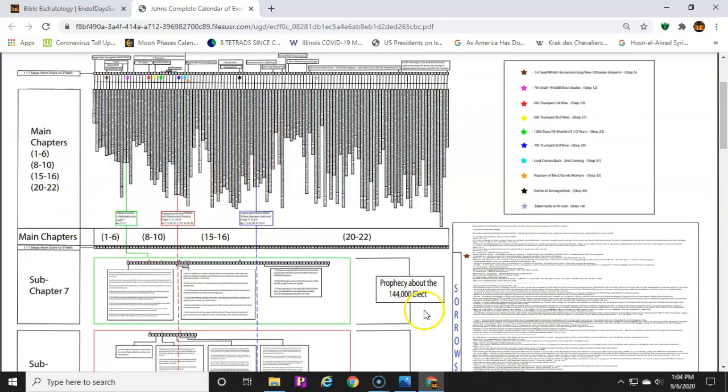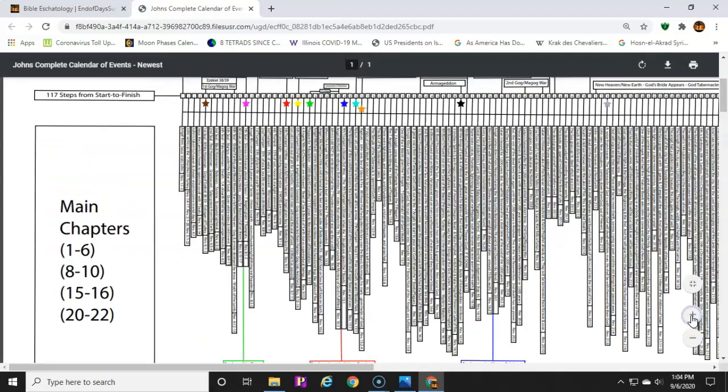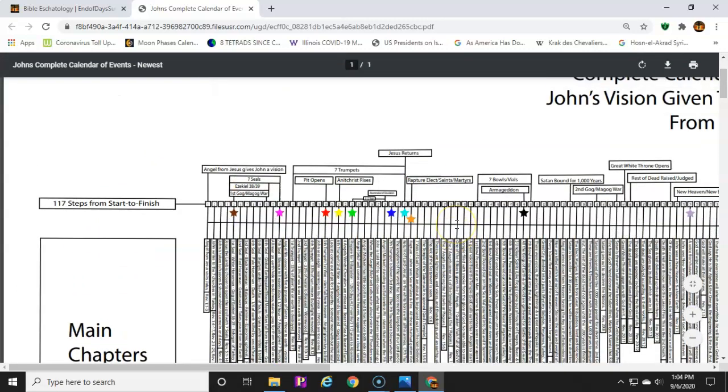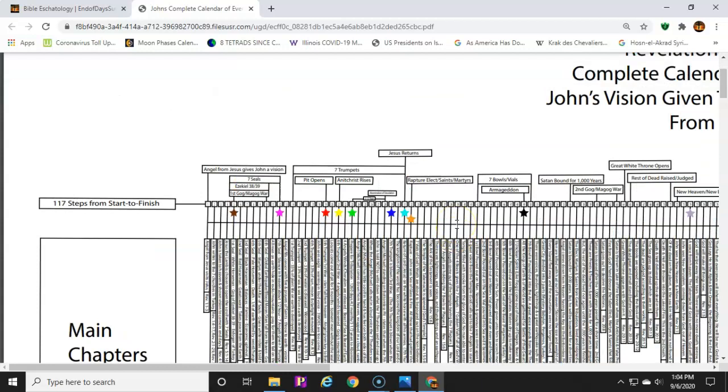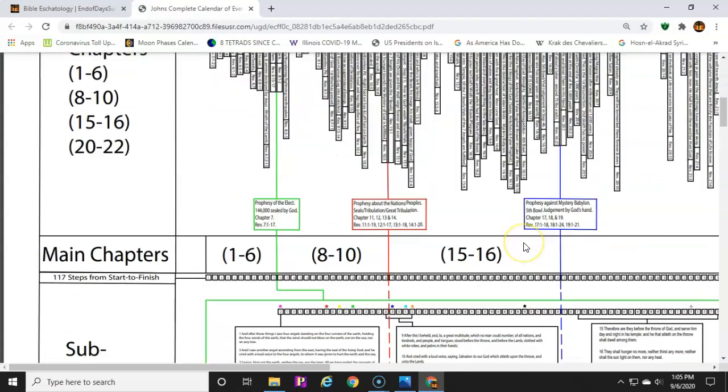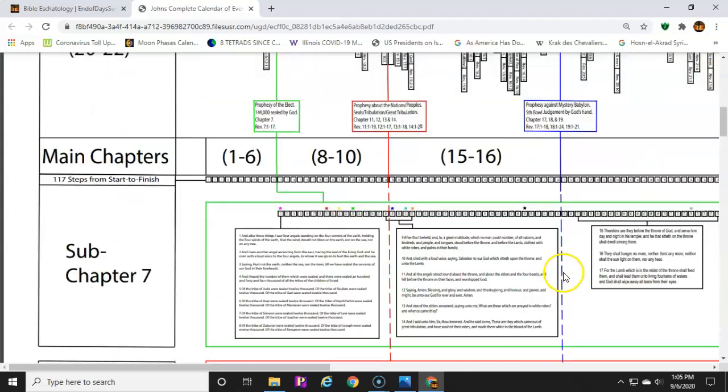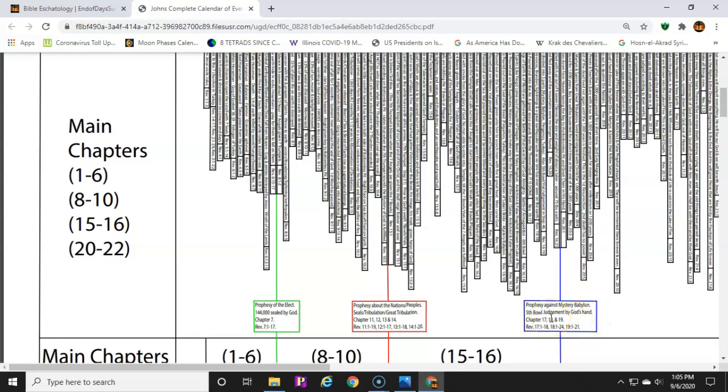And you'll see that if you cut these out, you don't need them to make a complete story up here. They just add layering or depth to the story so you can see what's going on the ground about the elect, or the 144,000, and what they're going through. Those 4 chapters are about the nations and peoples, and what's going to happen through those 1260 days through tribulation and great tribulation, until the Lord comes back on the 7th trumpet. And then the 3rd set of visions is Mystery Babylon, 17, 18, and 19.